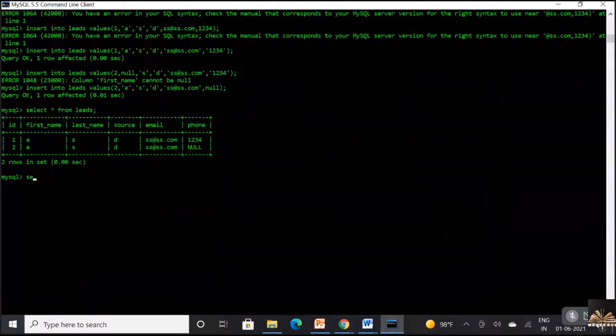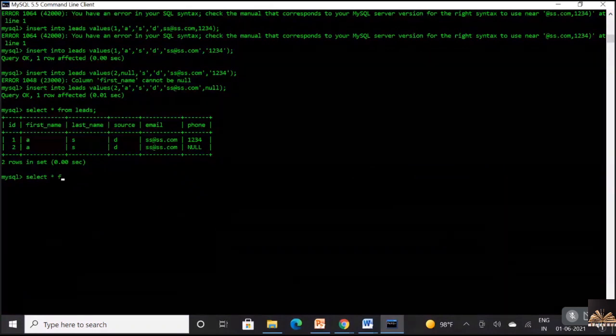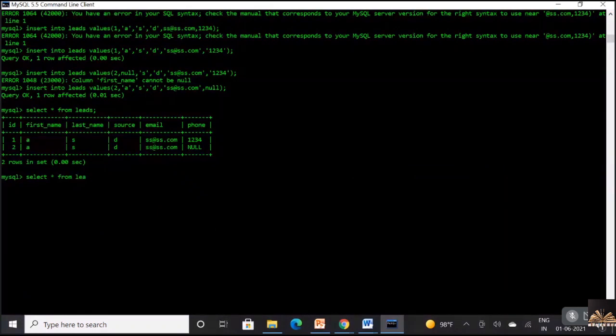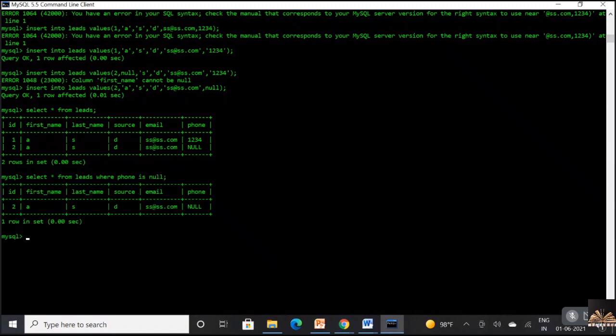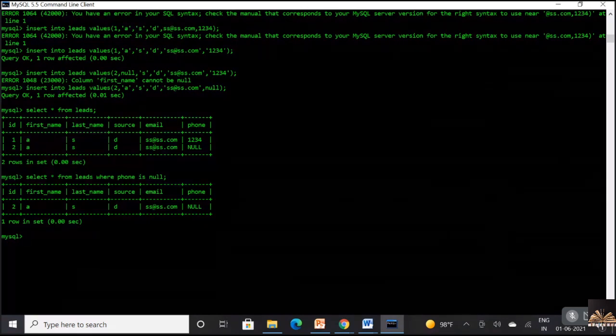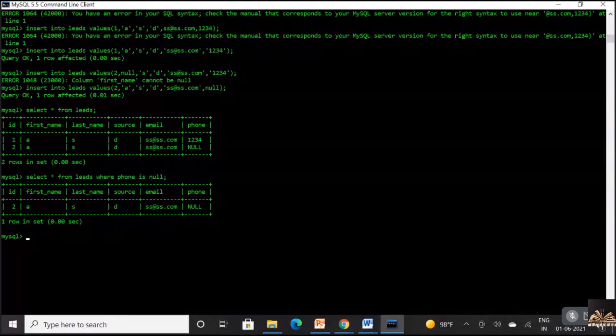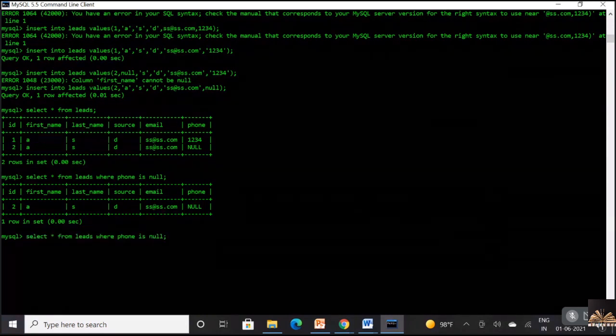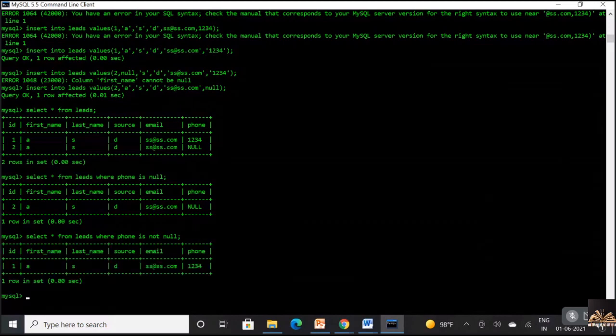So select star from leads where phone is null. I'm getting only one row because there's only one row which has phone as null. And if I'm interested in finding out the details of the leads who have given a phone number, I'll use phone is not null. I'll get the details of the customers.